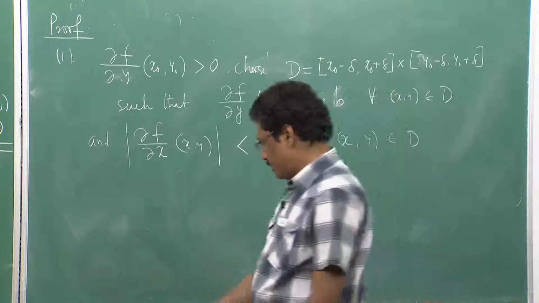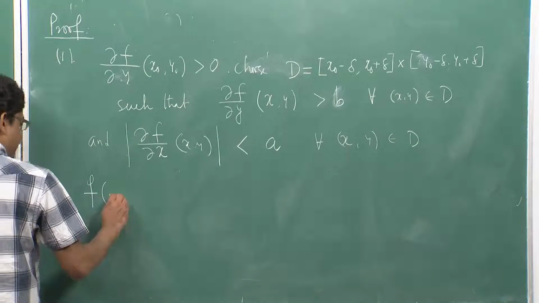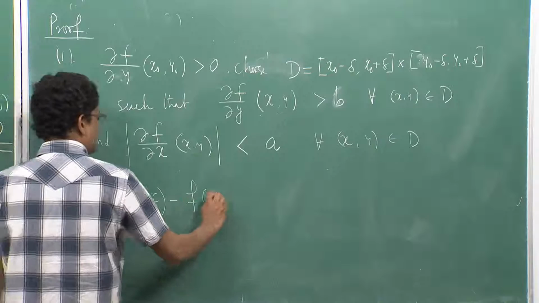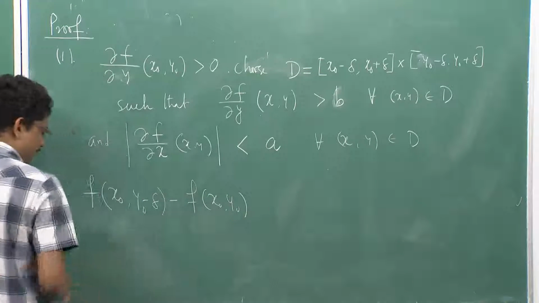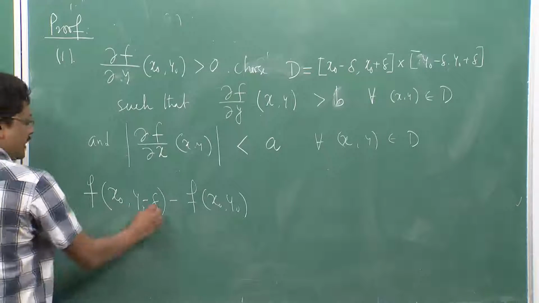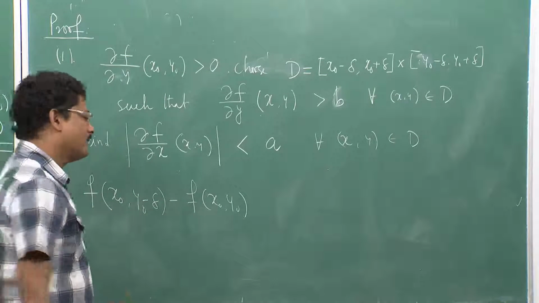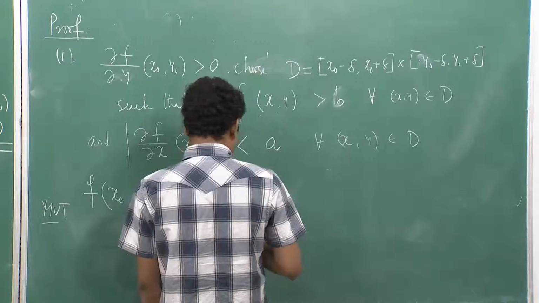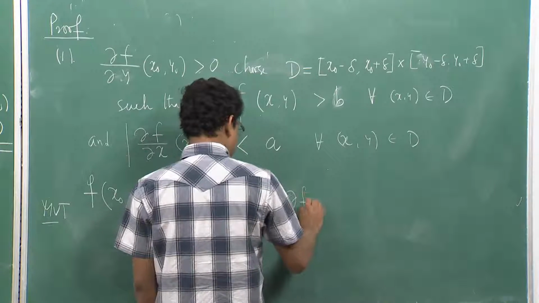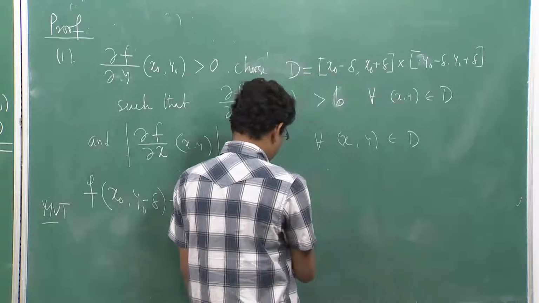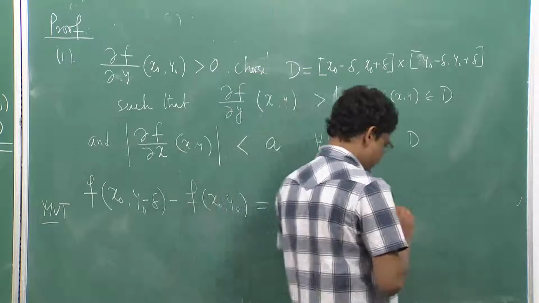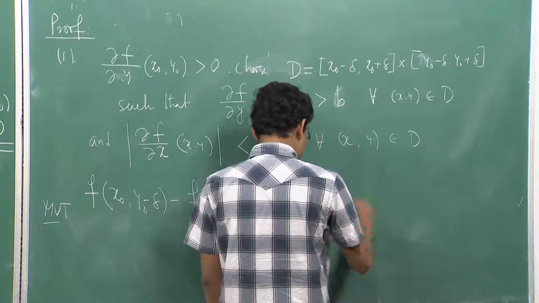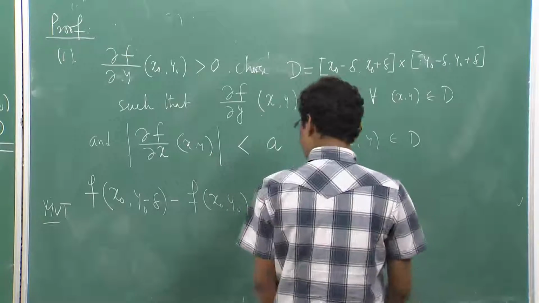Okay. So, let us look at f(x0, y0 − δ) − f(x0, y0), and apply MVT. For y0, x0 is fixed. So, MVT in the y0 variable. What is it? This is equal to ∂f/∂x at some point (x0, y1) into